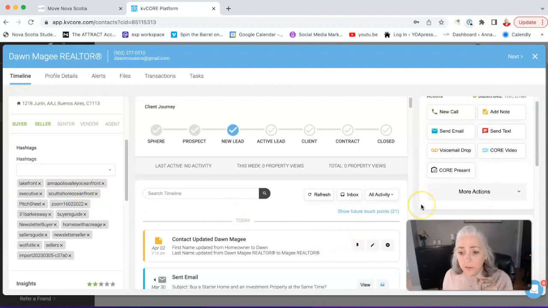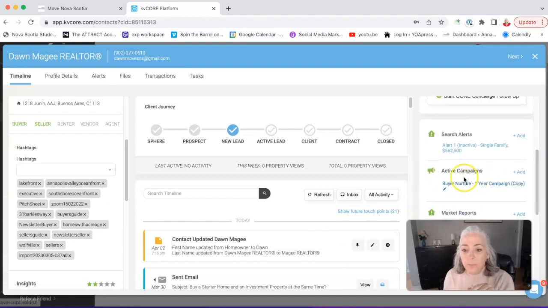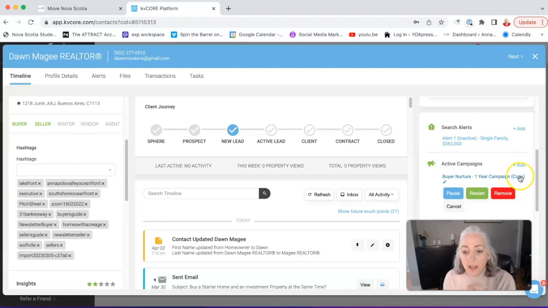And then what I do is I go over here and I make sure they have a campaign running. Now sometimes they'll come into your database and they'll automatically be triggered with a certain campaign, and I can talk more about that in another video, but there's certain campaigns that you can have them set up, and you can design your own campaign. This is one of my own where I kind of tweak some of the emails and put some of my own lead magnet information into the campaign that I started. So they're really easy to edit and manipulate and change around, and I can do that in another video as well. So you want to make sure they have a campaign going,